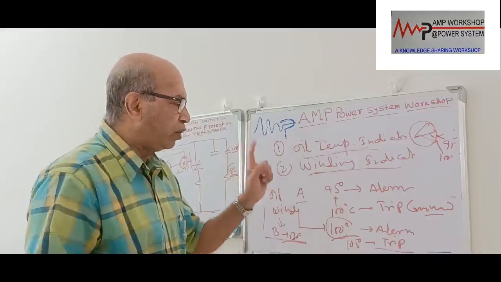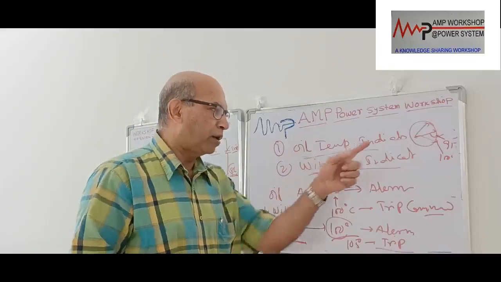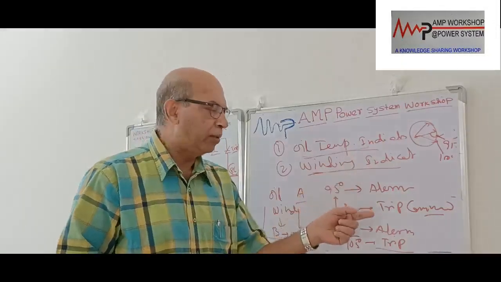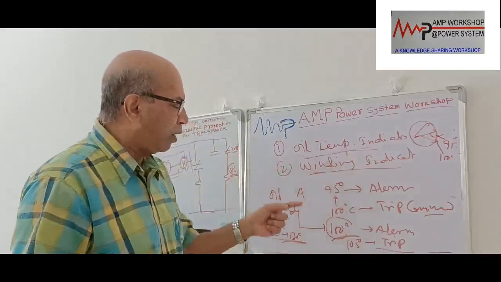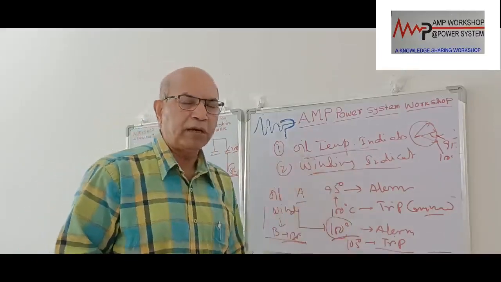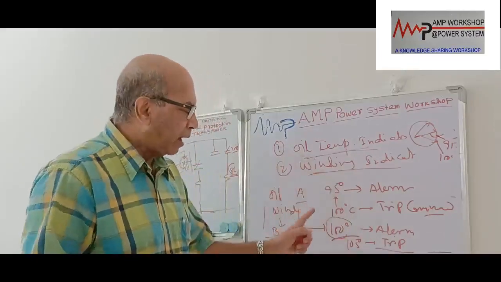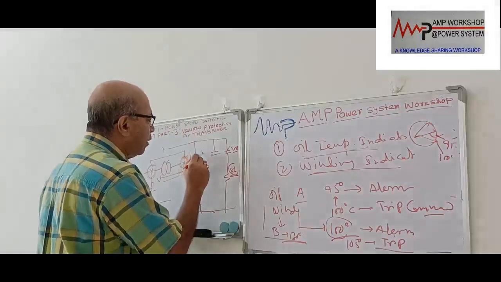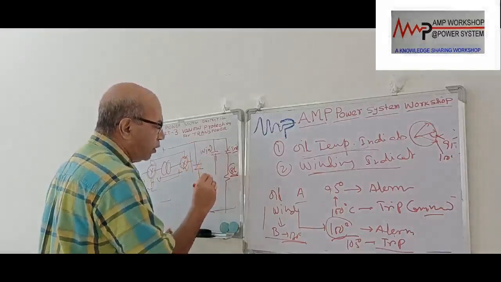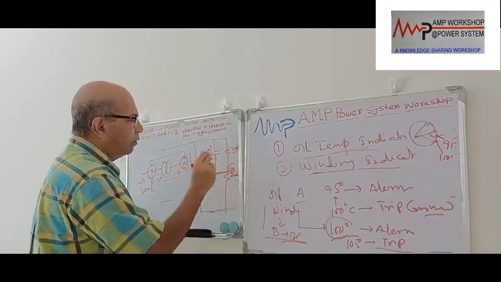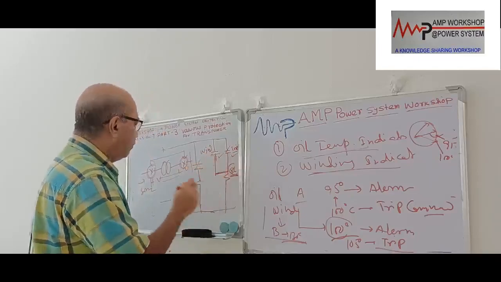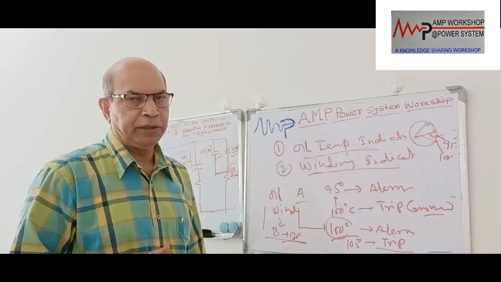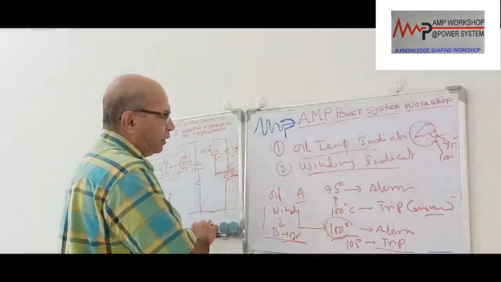The oil temperature indicator will give the first alarm, then if the operator does not take action, when the temperature goes 5 degrees more, immediately it will trip. At the same time, the winding temperature indicator is also monitoring, and it will also give an alarm at 100 degree centigrade, and it will trip at 105 degree centigrade. Suppose this is a winding temperature indicator contact, so it will be connected to this 86 relay. So either this operates or this operates. In both cases, this breaker will trip. This way we protect the transformer from overloading. So this is the overloading protection of the transformer.